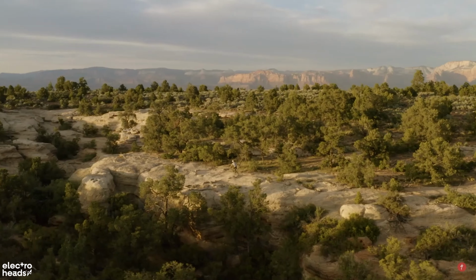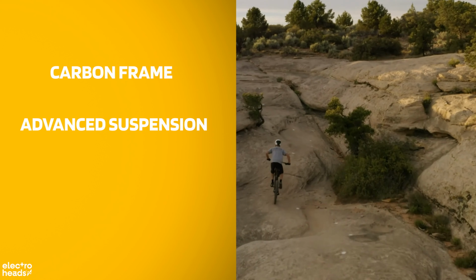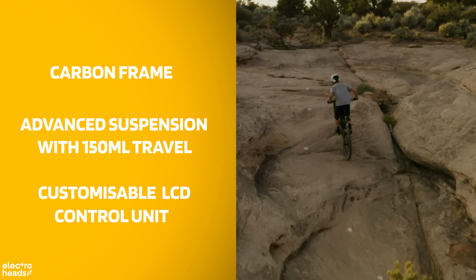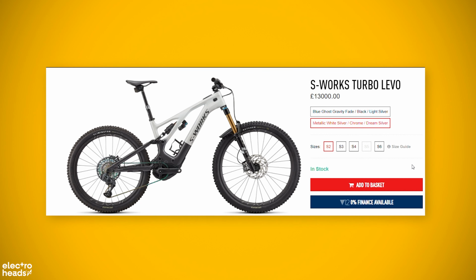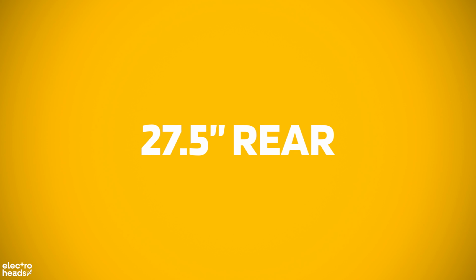Anyway, for that princely sum, you get a lot of premium features like a carbon frame, advanced suspension with 150mm of travel, and an impressive customizable LCD control unit. There are 6 frame sizes to choose from, all offering a staggered 27.5-inch rear and 29-inch front tyre setup. There's also a 12-speed gear set to tackle any terrain and top-class hydraulic brakes. The really impressive bit is the